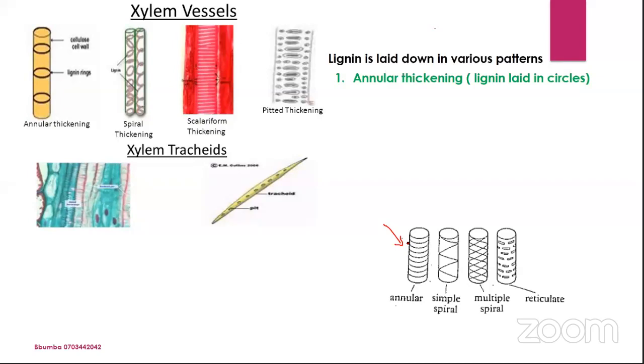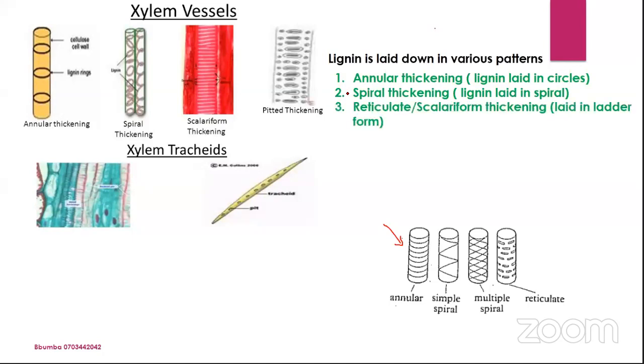And the point in case, I have a slide which I'm going to show you. It was question number 4 of 2016 UNEB, on thickenings. So some people think that these things are not examinable. I'll show you the question, that UNEB question of 2016, paper 2. And then we also have what we call spiral thickening, which is lignin laid in a spiral. And then the reticulate, or sometimes people separate them, but because they almost look alike,